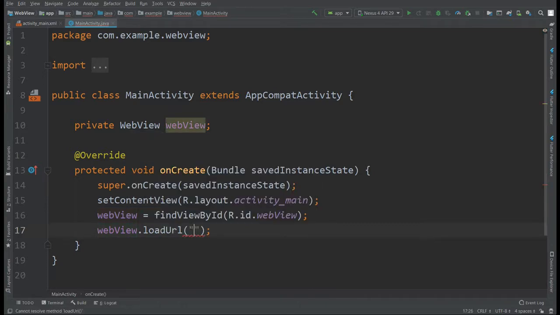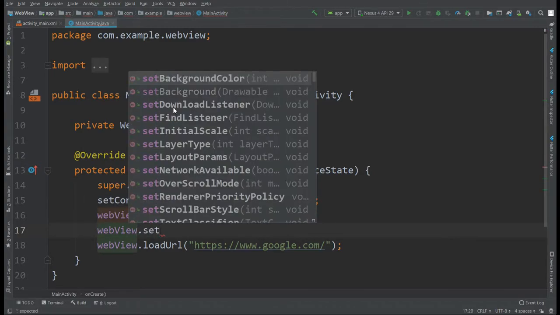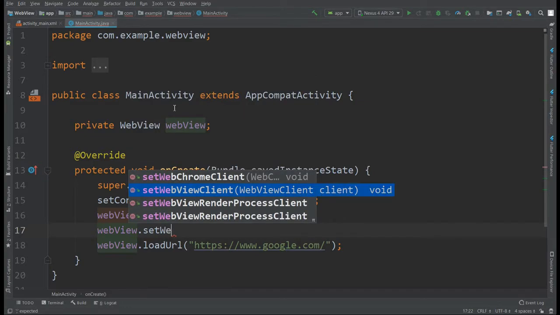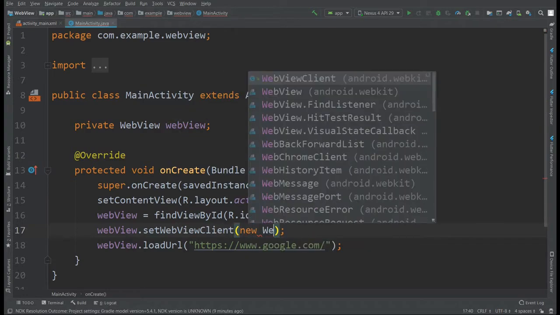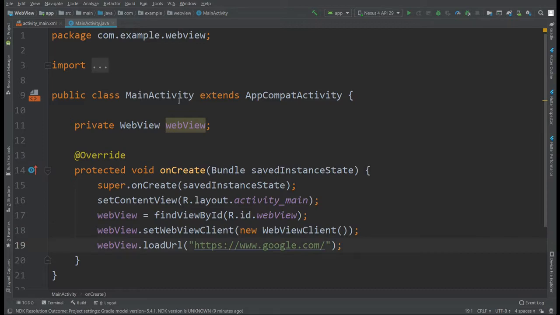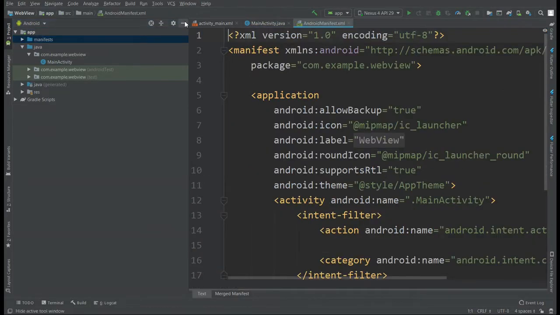Here I'm simply using google.com, which loads the main homepage of Google. And here set a WebViewClient to the WebView: webView.setWebViewClient(new WebViewClient()). Now, before running the app, please make sure that you use the internet permission